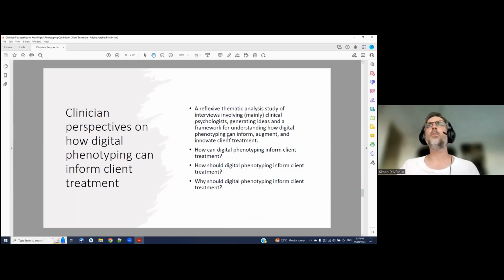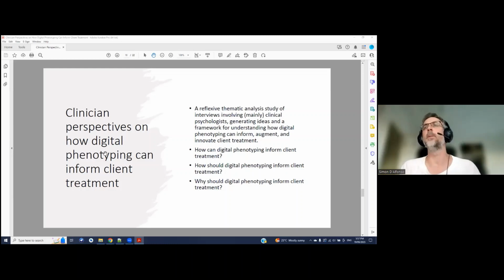And this is an initial paper for this project where we're trying to get clinician perspectives on how digital phenotyping can inform client treatment. And my colleague, Simone Schmidt, has been helping out with this. She's a qualitative researcher, so she did some of the qualitative research for this, namely a reflexive thematic analysis study of interviews involving mainly clinical psychologists, generating ideas and a framework for understanding how digital phenotyping can inform, augment, and